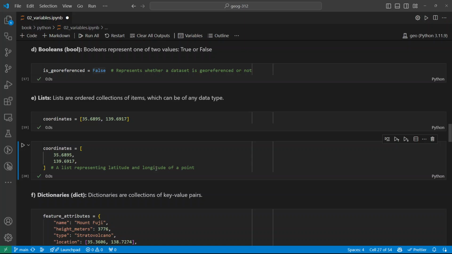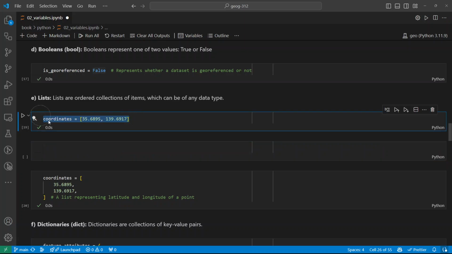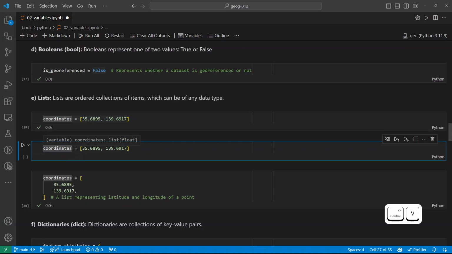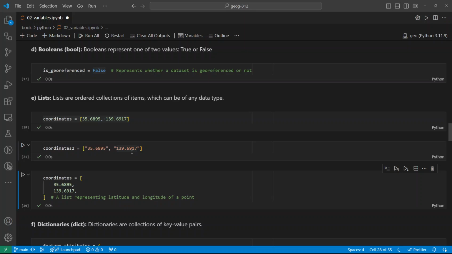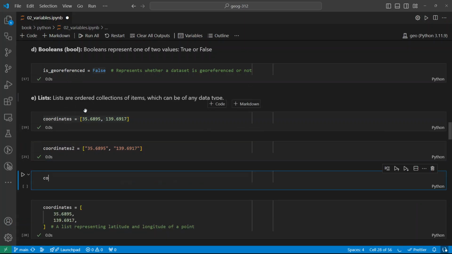Inside the list, you can do it like this. Or how about this? I'll say coordinates2. Right? So I'm going to do it like this, with double quotes. All right. Right now my question is: are these two variables the same? Yes or no? No. They will not be the same because they're different data types. If you want to really figure out whether they're the same or not, you can do it like this. coordinates